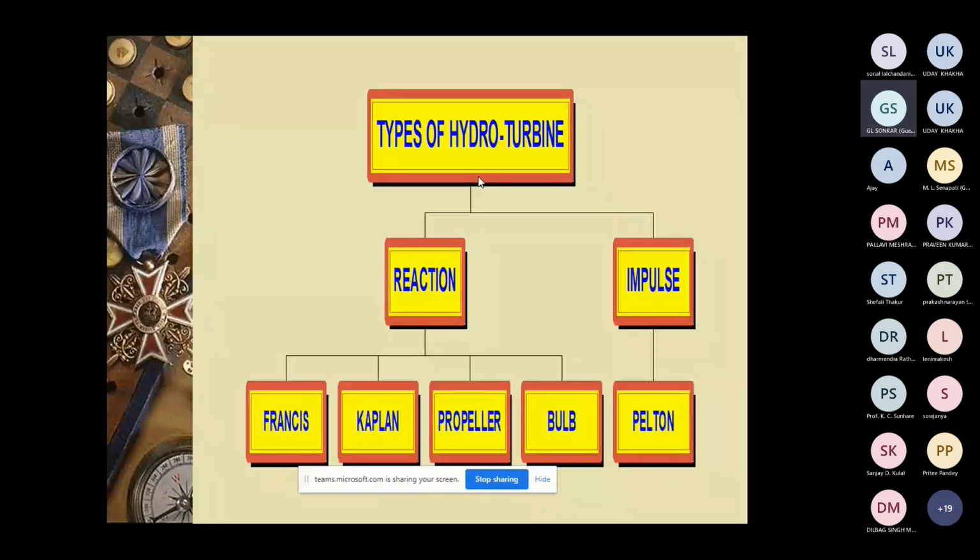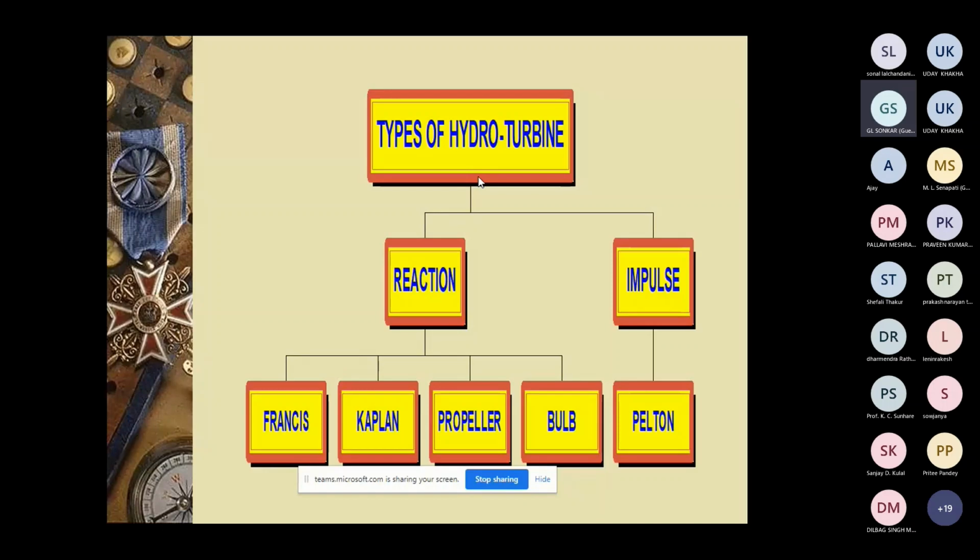So when you enter any powerhouse, if you see on the top of the unit some oil pipes coming down, you can point out this is my Kaplan unit. In a Propeller, you won't find that. In the Kaplan, you have two options to control the flow of the water, or to control the megawatt also, through changing the blade angle and the guide vanes; in Francis, the guide vanes. Then for impulse, we have Pelton only.